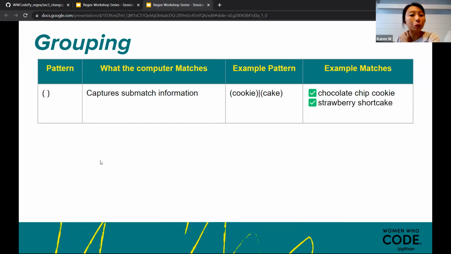So I'm going to introduce two more things. It's very straightforward to understand, but a little bit tricky to mix together. So previously I talked about negating, right?